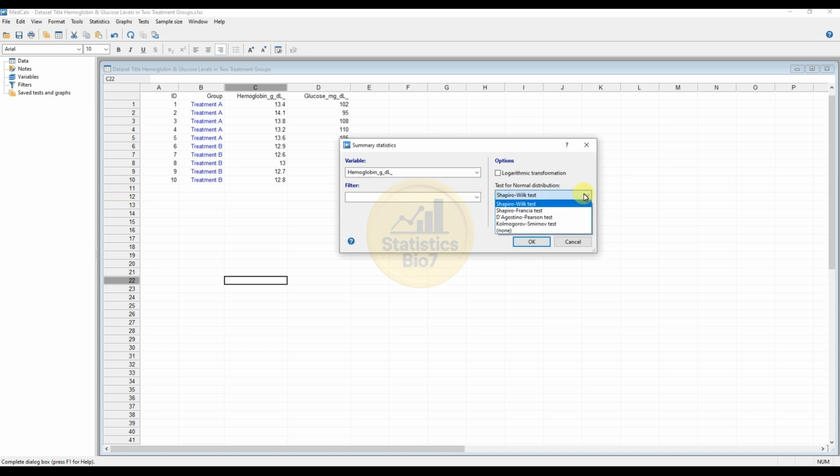In total there are 4 types of normality tests in MedCalc. The first one is the Shapiro-Wilk, the second one is the Shapiro-Francia, the third one is the D'Agostino-Pearson, and the fourth one is the Kolmogorov-Smirnov, and the final one is none. Our data is suitable for the Shapiro-Wilk test. It is the most commonly used, because the sample size is less than 2000, and the Shapiro-Francia test is mostly for large sample sizes, higher than 500, and